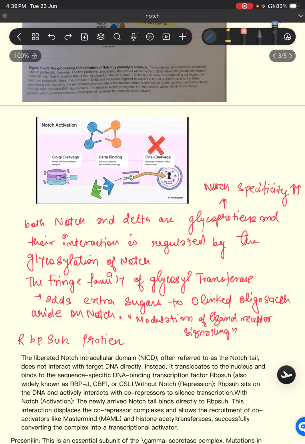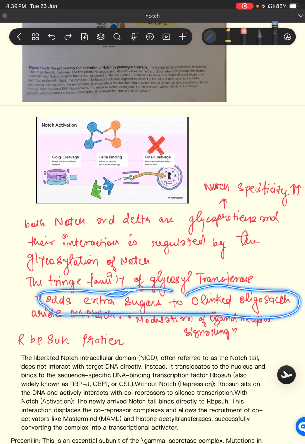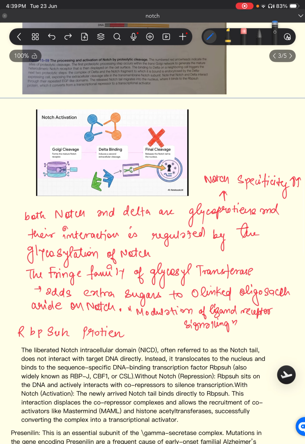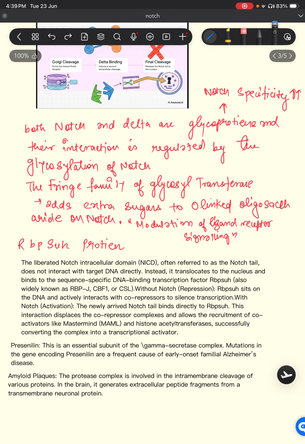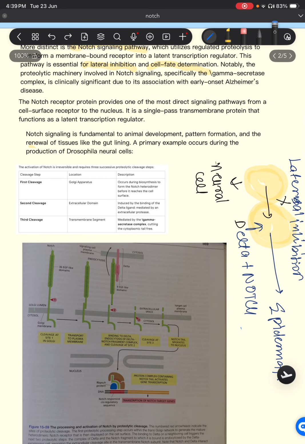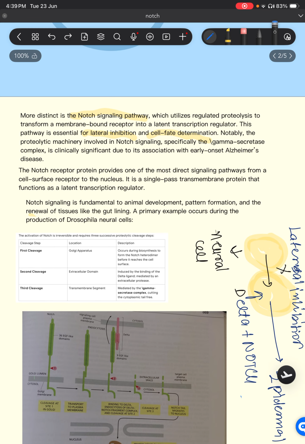Next thing which is important is that Notch and Delta are both glycoproteins, and the interaction is regulated by glycosylation. You add sugars to O-linked oligosaccharides, and this helps in increasing the Notch specificity. Therefore, we call it modulation of ligand-receptor signaling. This glycosylation will enhance the Notch specificity. So this pathway is fundamental for animal development. The primary example is production of Drosophila